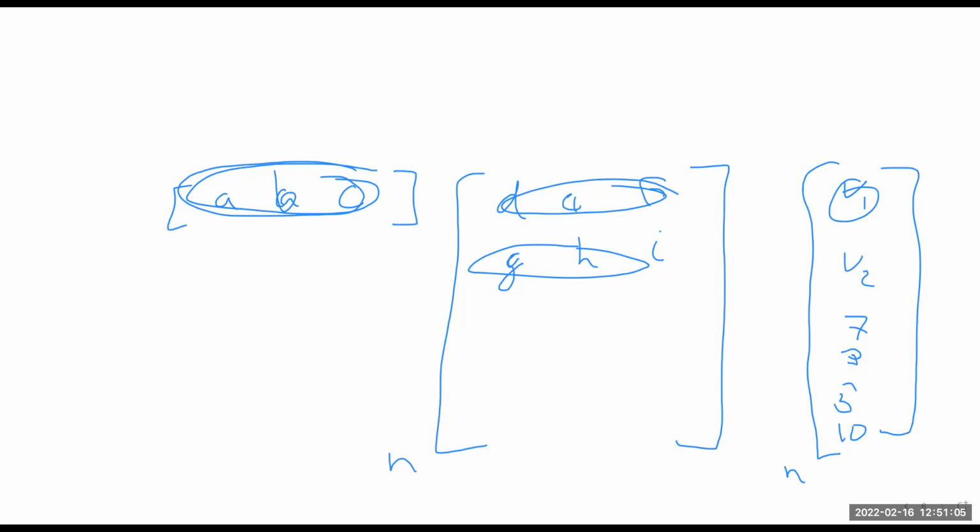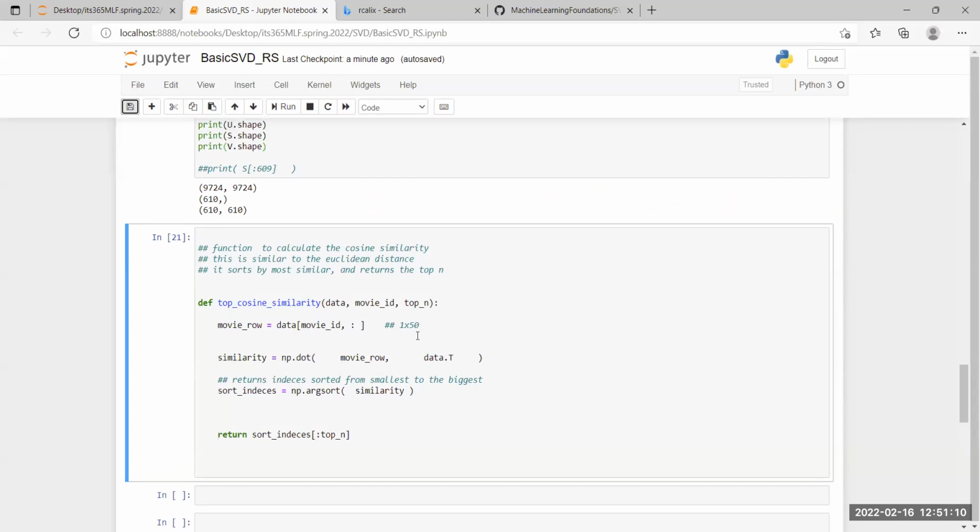Go back to the code. Okay, so the function then, notice it grabs the one row from that, a 1 by 50, and it's called movie row. So then we just perform that multiplication that I just described, np dot dot, and it's going to be movie row, right? That's that vector times the whole data. And then we just do this transpose so that the things align. That's basically all that happens. So this changes the shapes of it so that we can